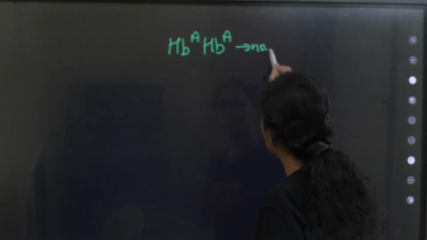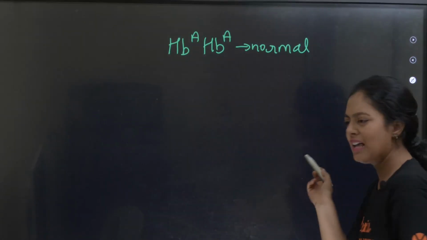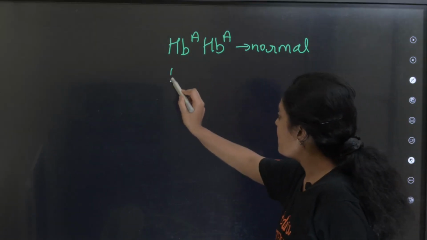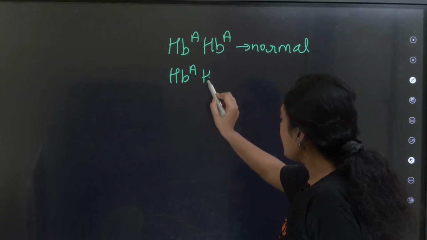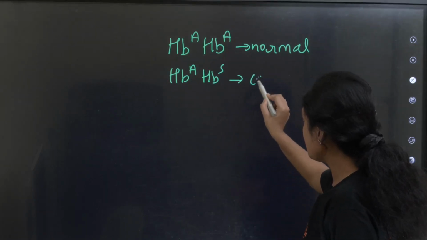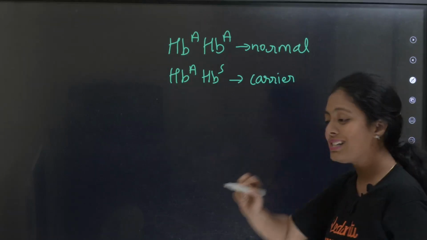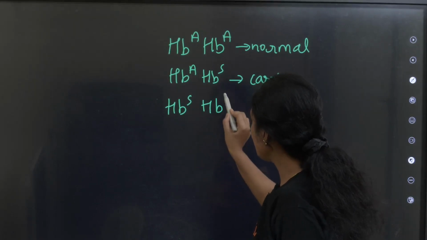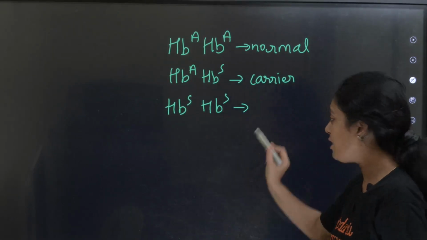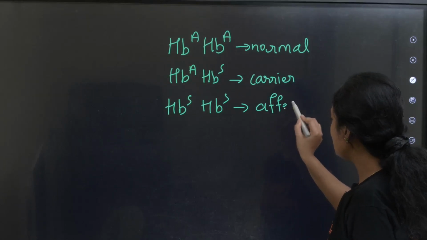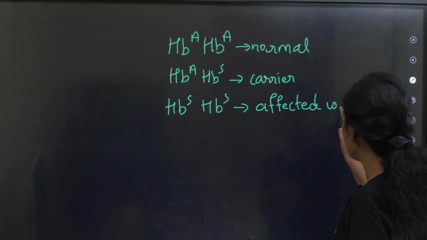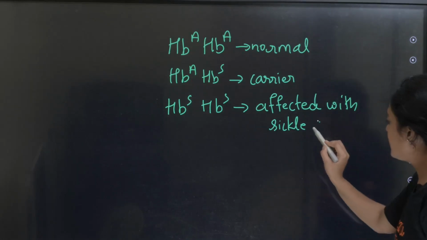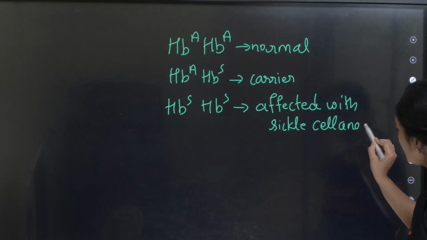person is normal. Okay இங்க வந்து மேல் ஃபீமேல் எல்லாம் கிடையாது, நார்மல் மேல் நார்மல் ஃபீமேலுக்கு ஒரே ஜீனோடைப் தான், அதனால தான் இது ஆட்டோசோமல். Okay, then I have HBA HBS, so this person is normal but he or she is a carrier. Okay, then I have HBS HBS, so this person is affected with sickle cell anemia. I will tell you what sickle cell anemia is, very important. Okay, sickle cell anemia.